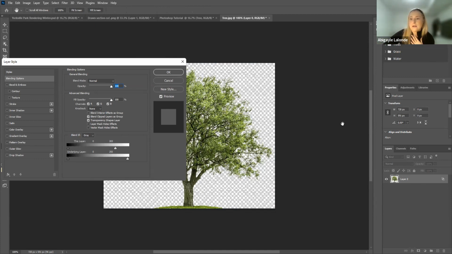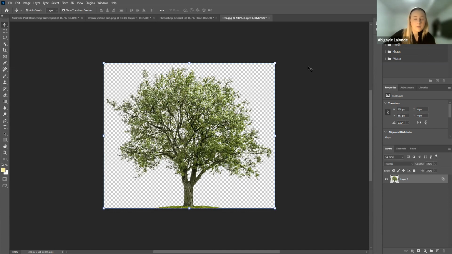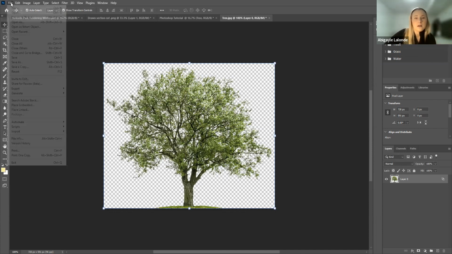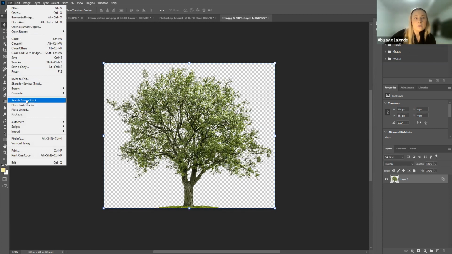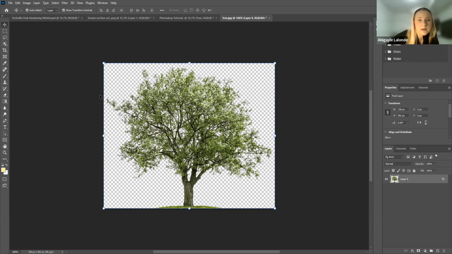Yeah, and you can also bring it into Illustrator as well. I think I saw that on the, but this is just a way. So let's say I found this tree I liked online and I want to use it in the future. You can do those blending options and edit it. So then when you save it, for example, or export, export as,